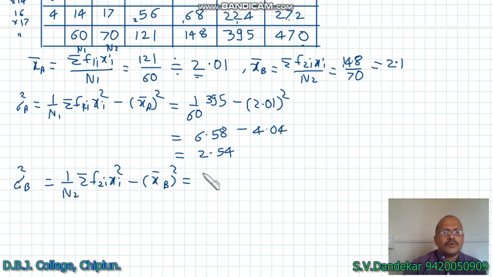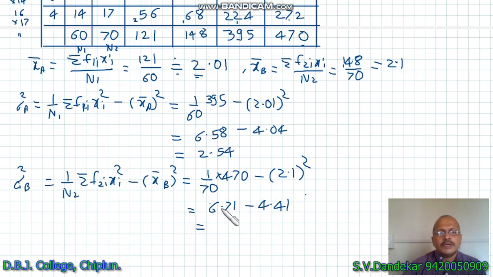It is 1 upon 70 into 470 minus 2.1 square. It is 2.3, and therefore